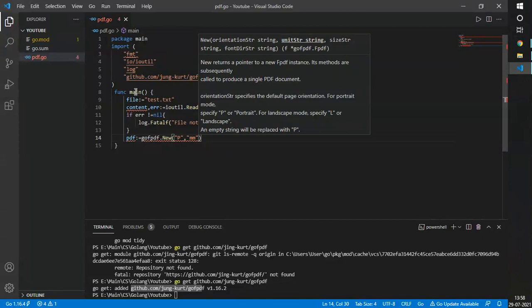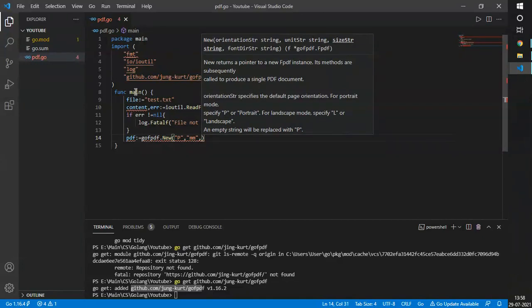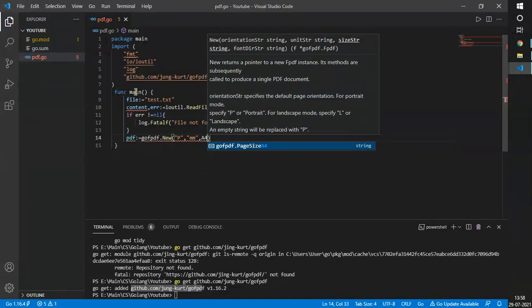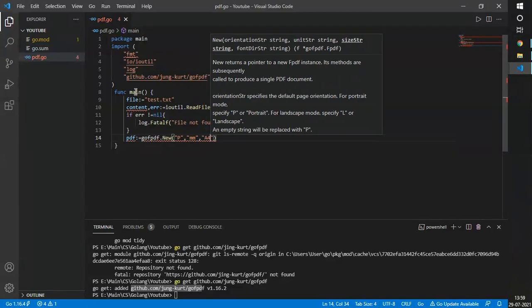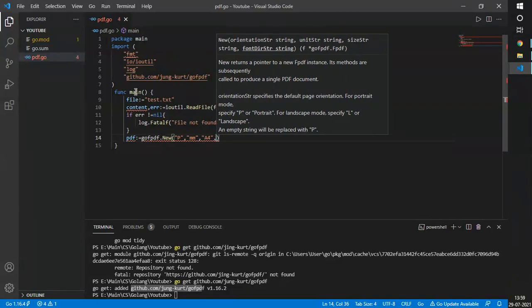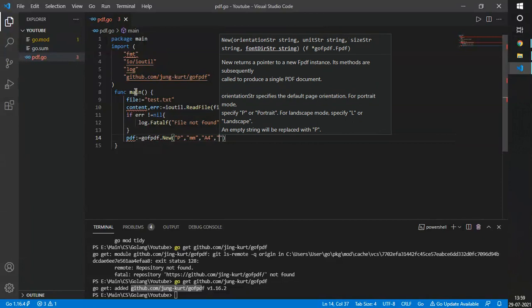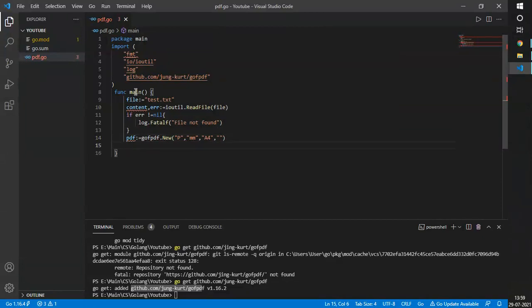I like mm, so I will be working on mm only. You can write centimeters or inches or whatever you like. And the type of page size, so it is A4, and then in the end there is a font size. For this, you particularly need a directory installed. Most of the people watching this video won't have a directory pre-installed, so I'm just keeping it blank.